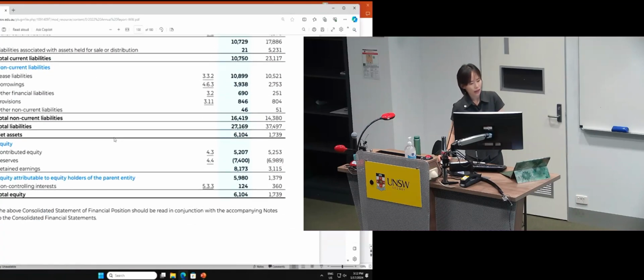Then finally, the statement of financial position. Under the equity section, you have total equity for the group, which is equal to the net asset, right? The total equity equals net asset. The total equity of the group is then divided into two parts: the equity attributed to equity holders of the parent and the NCI share. So you can see NCI is classified as equity and should be disclosed under the equity section in the consolidated statement of financial position.